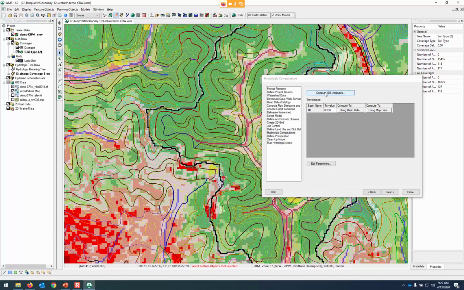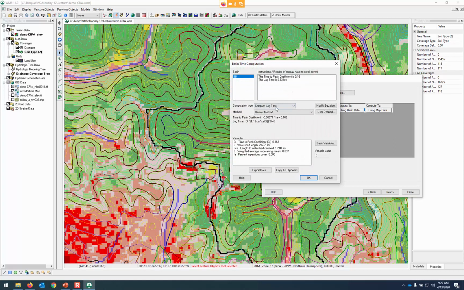Alright, so if we've got the curve number, then we can compute the time of concentration using basin data. So we will compute the lag time not with the Denver method, but we'll use the SCS method. And so you can see it automatically has the watershed length and the curve number and the slope, and any one of these could be overwritten. Like if you click on any one of them, it gives you the opportunity to adjust, so that if you wanted to